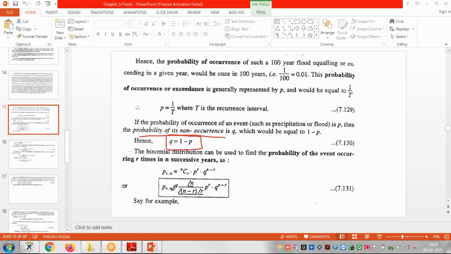Now another term is reliability. Reliability means how much percentage we can say, or how much we can rely. In our day-to-day life we say that we should rely on that person, or we should not rely. The same reliability is there. For the reliability of flood, we use this formula. If I put r equal to 0 in this formula,